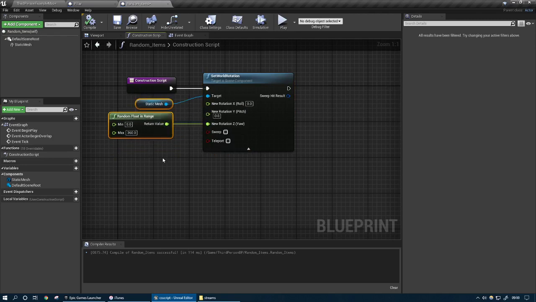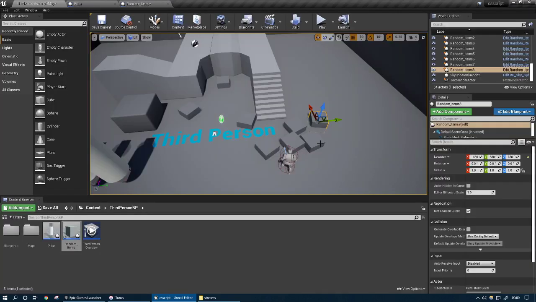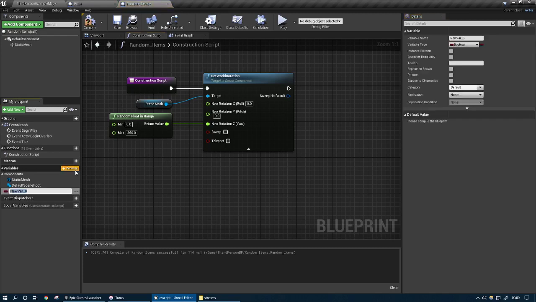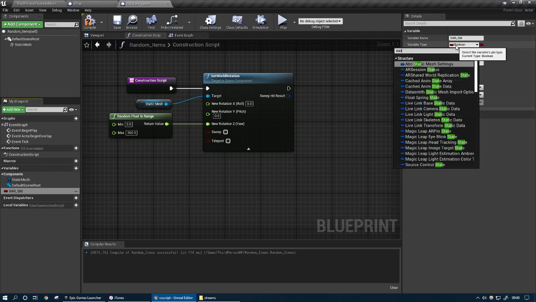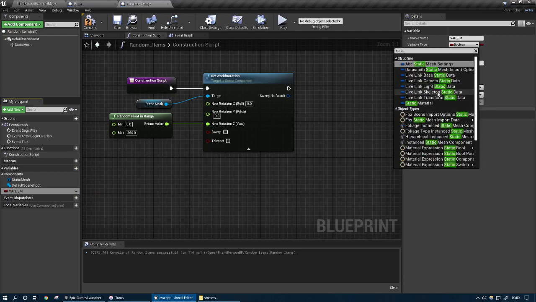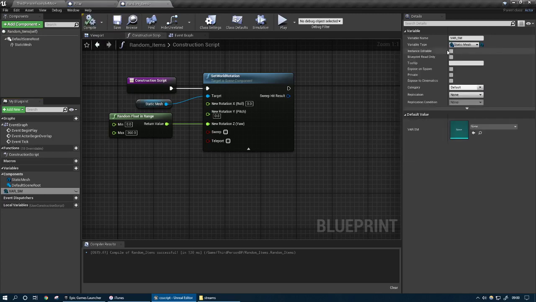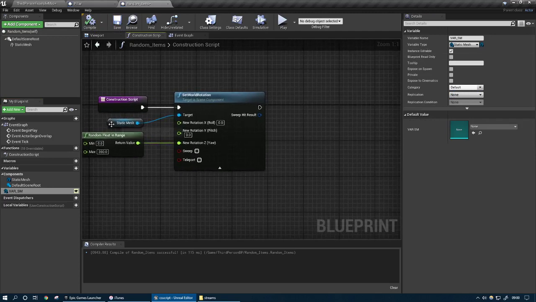And the same way we did the column, if we want to use this for every little meaningless item, every little scenery detail bit, I can have it so I can choose it from the menu. So if I just say this is our static mesh, nope, that name's already taken. So if I say variable SM and I make it into a static mesh, make it editable,